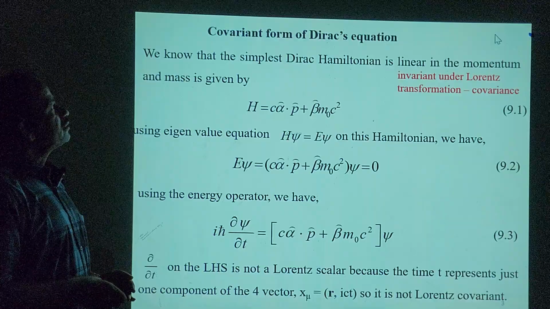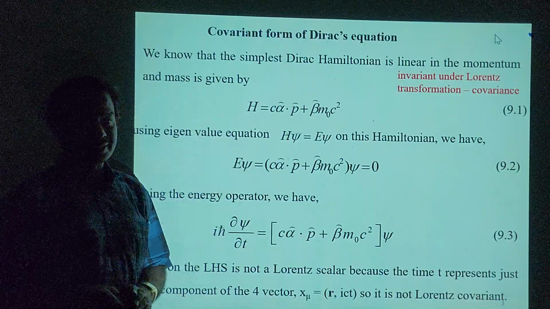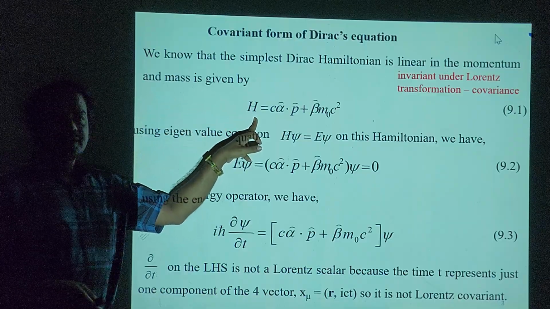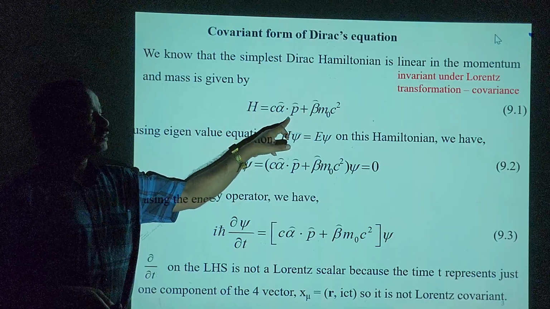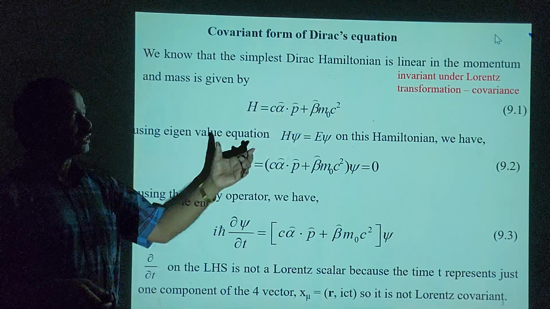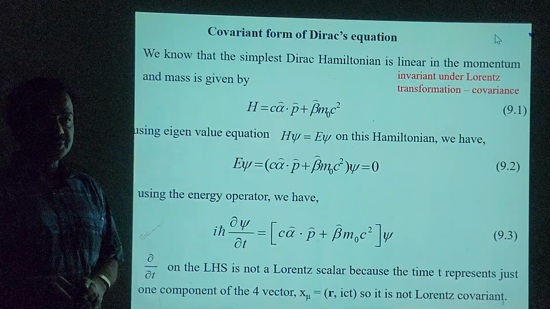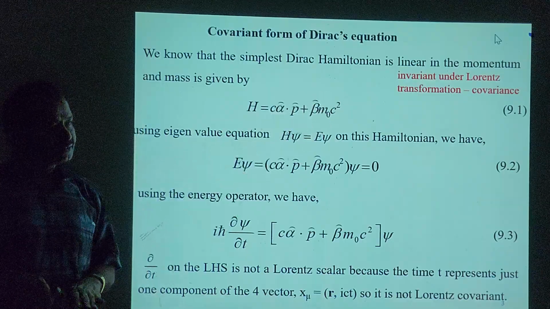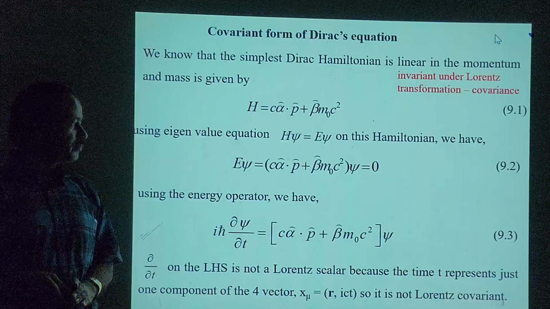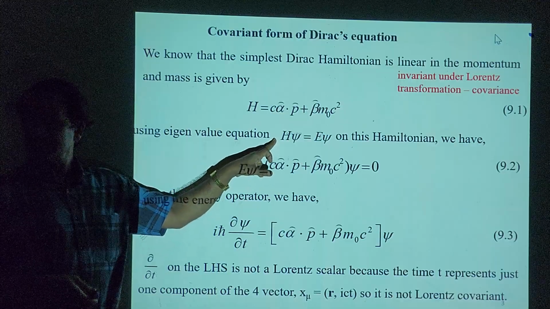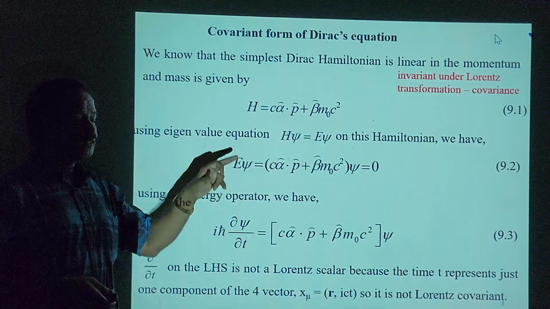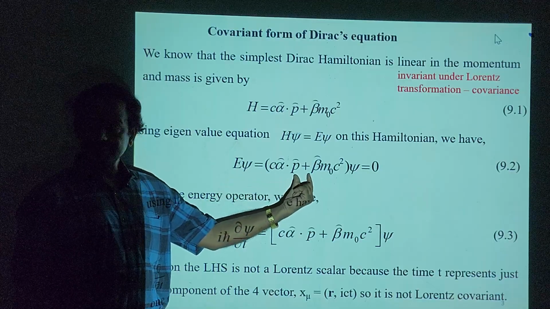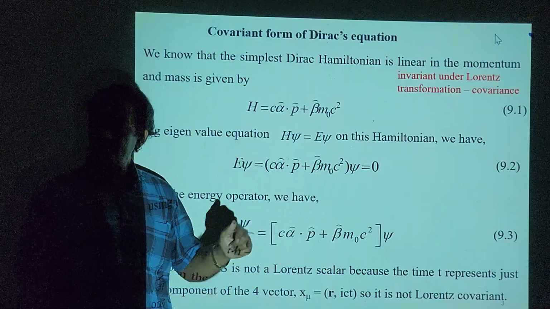The covariant form of the Dirac equation. We know that the simplest Dirac Hamiltonian is a linear and homogeneous equation in the momentum and mass, given by c times alpha dot p plus beta m naught c squared. So this is Dirac's Hamiltonian, which is a linear equation. As I said just now, invariance under Lorentz transformation is nothing but the term covariance. Now we know the eigenvalue equation H psi equals E psi on this Hamiltonian is given by E operating on psi, which gives c times alpha dot p plus beta m naught c squared acting on psi, which depends on